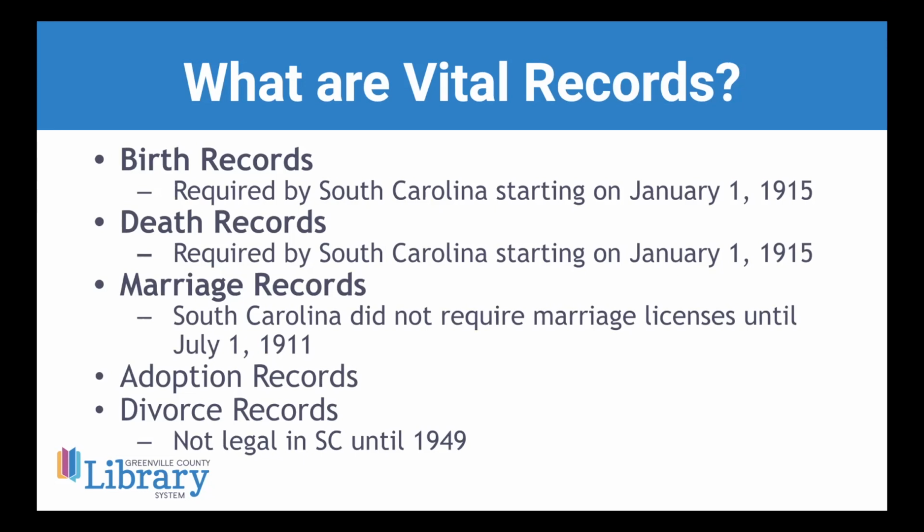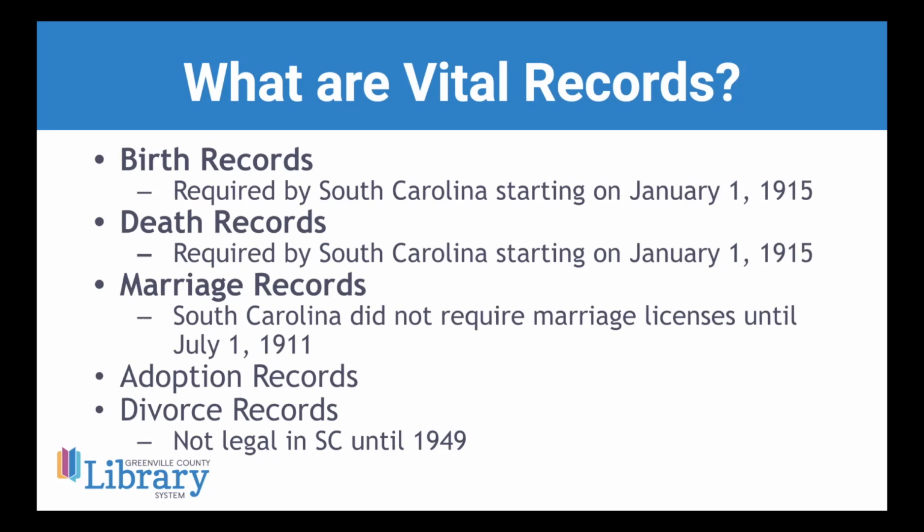So if you have a relative and you know they had a divorce before then, you may look into states that would be considered divorce mills, where people would go to other states to get their divorce. Nevada is one of the most well-known states, and Reno did divorces. So there are records and resources for these two, but that's something we're not really going to get into during the class, just for lack of time. We're going to focus on birth, death, and marriage, but on your handout, if you'd like to explore more about those two, you can look at those resources linked there.